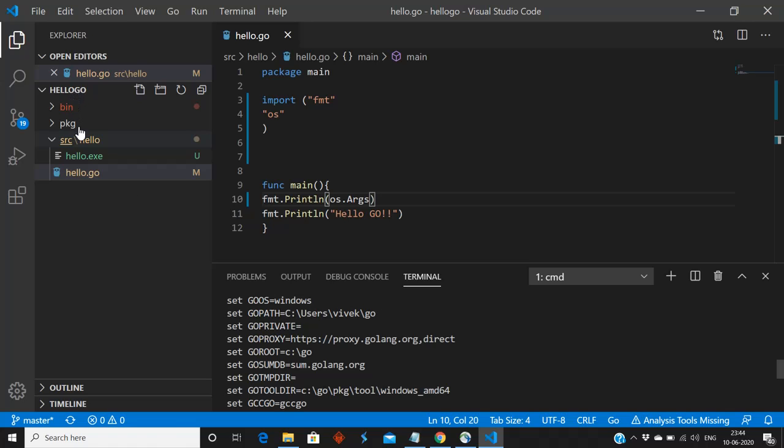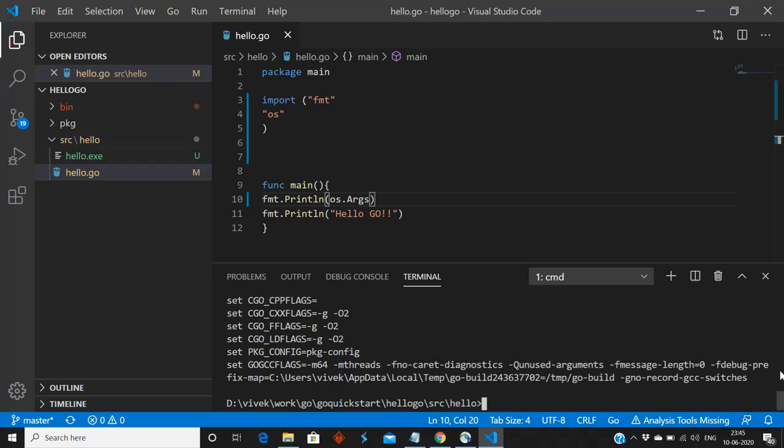If I check my current project path, it is D:\Vivek\work\go. So GOPATH and project path are different, but our code is running. This means go build and go run don't require GOPATH. Then where is the problem?